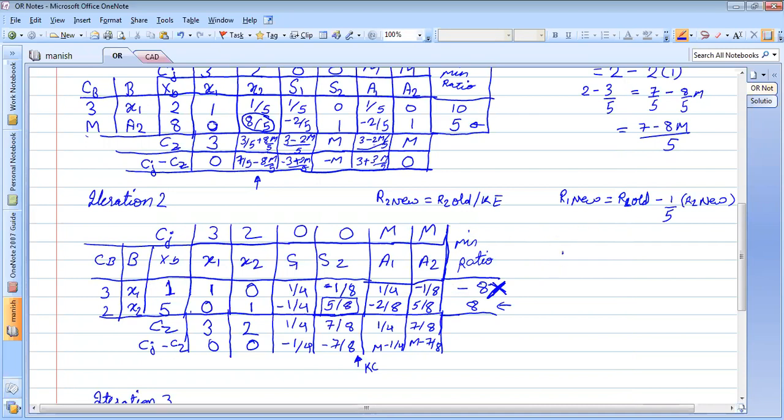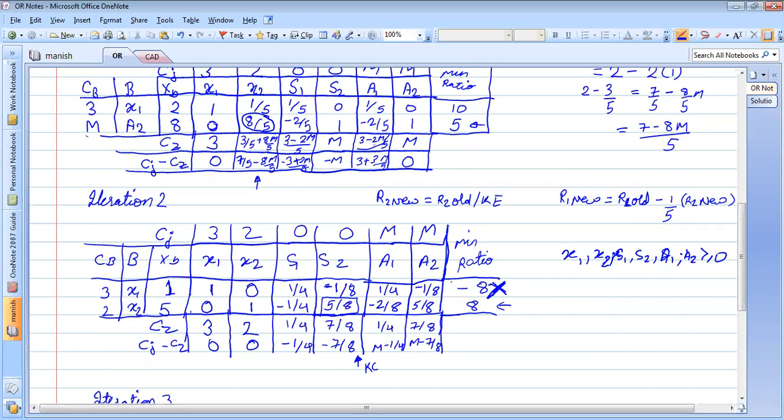How does it become infeasible? Because we have written x1, x2, s1, s2, a1, a2, all should be greater than equal to 0. What is this called? This is called the non-negativity constraint.